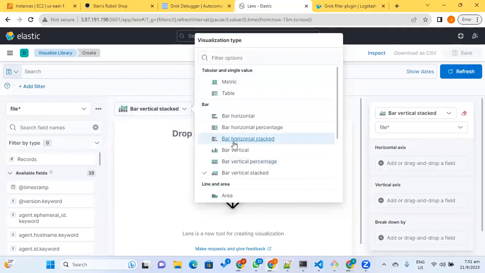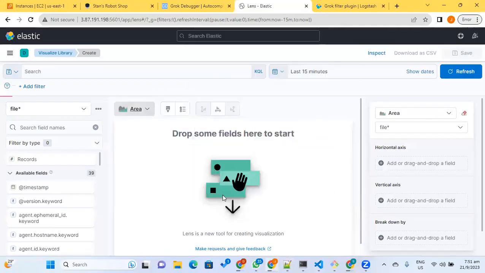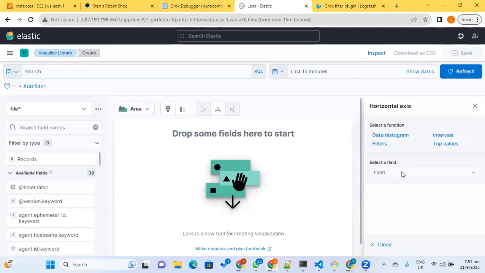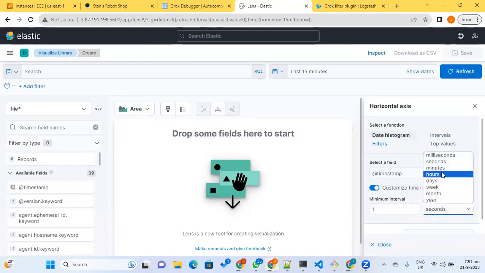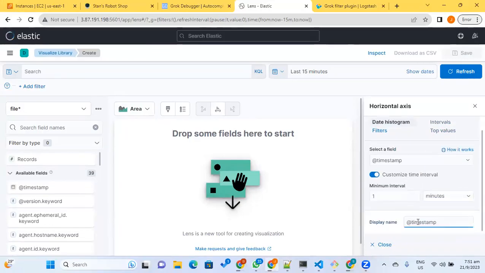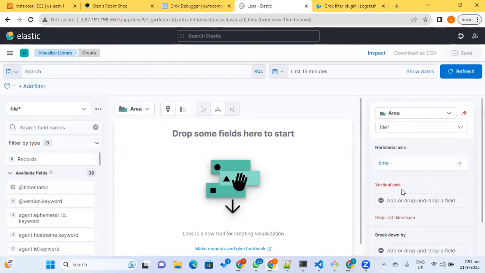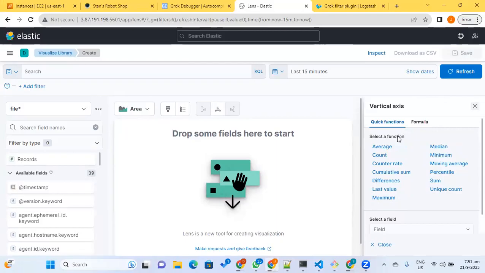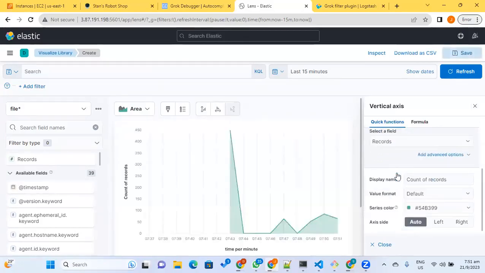I can check area chart, x-axis, timestamp, customize every 1 minute I want. Time. Y-axis is errors. So count of